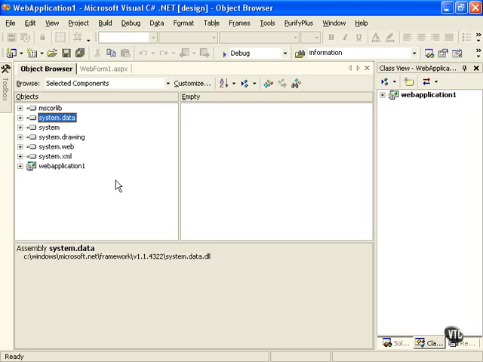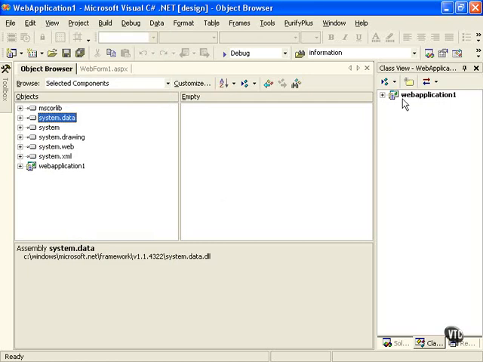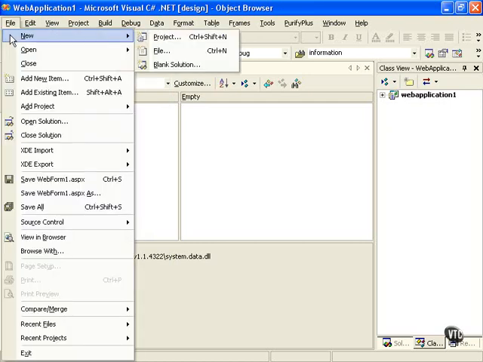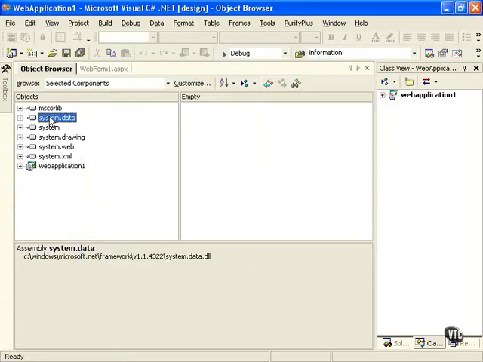Let's go over some of the core .NET namespaces and assemblies. We're just looking at the object browser, from View, Object Browser, Control-Alt-J to bring that up. And we're just looking within a web application. I just did a File, New Project, very simply ASP.NET Web Application. And this is going to list some of these objects for us, the assemblies, and we can drill down into